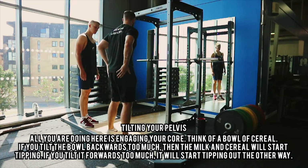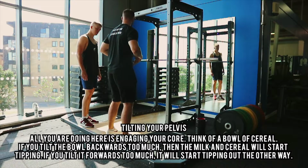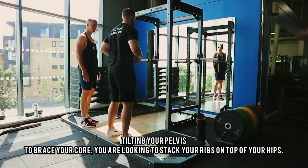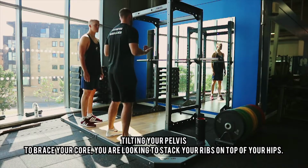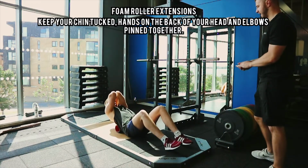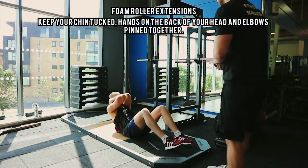You have to think historically that people haven't sat down as much as we do now. How often do you go home, you've sat in the car, you've sat on a train, you go home and eat your food, you sit down straight after your food, you go watch TV. You need to reduce the amount you're doing that. If you do desk jobs specifically, the amount of people who have desk jobs and have back pain...